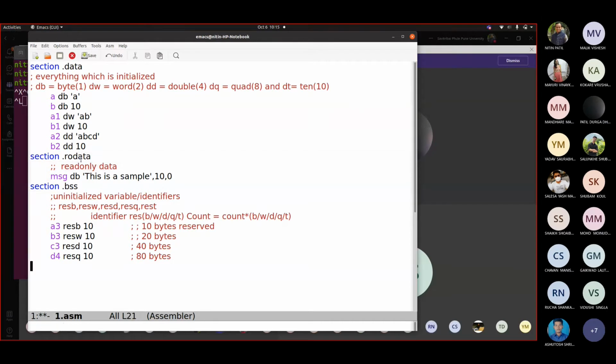Okay, your program may or may not contain all these three. Maybe one, maybe two, maybe three, maybe none of them. It may contain only this one, where you are exactly going to write the executable code. So you write section .text, and this may contain this common form. So you write global main.